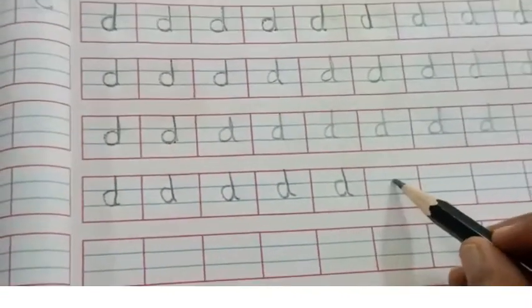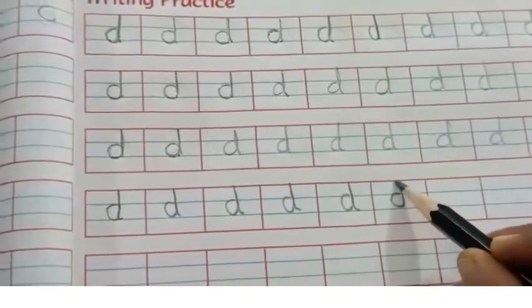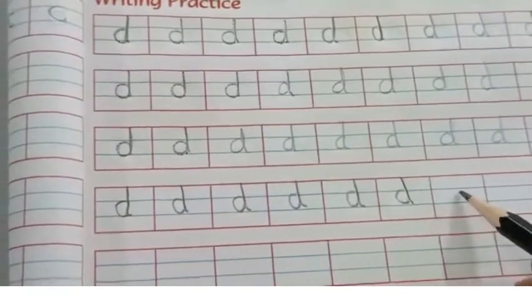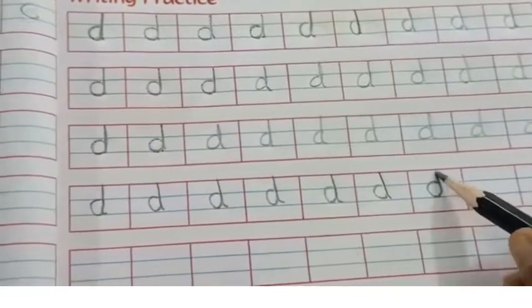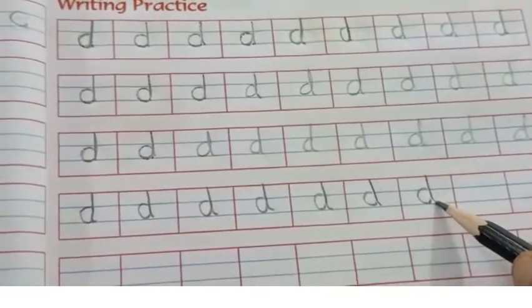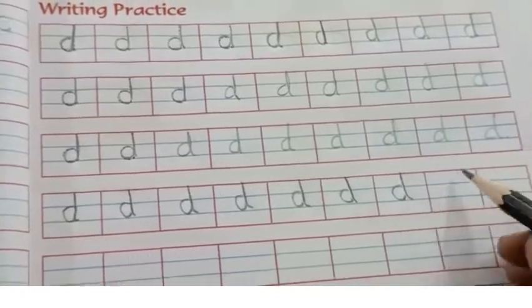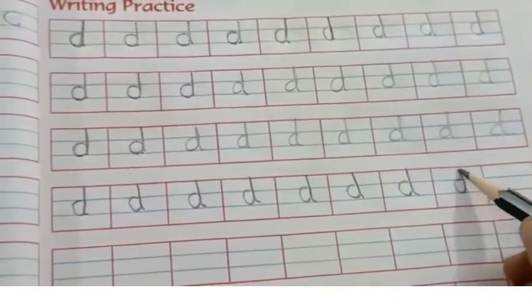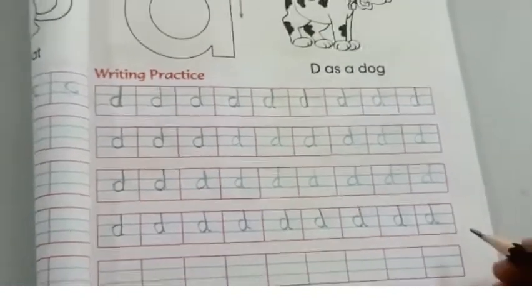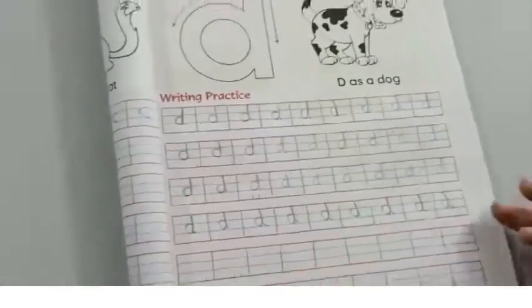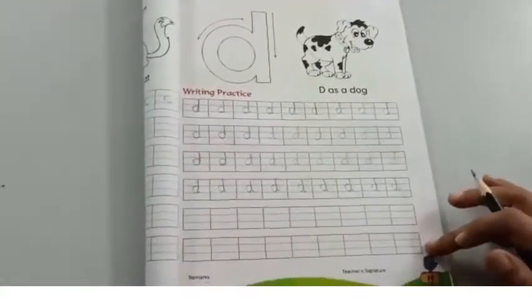Left curve, draw a standing line, come down. Small letter D. See, teacher is not lifting the pencil. We are starting from the blue line, left curve. We are going up till the red line and then coming back again to the blue line. Small letter D. Yes, this is how we write small letter D. Children, you need to finish the rest 2 lines.